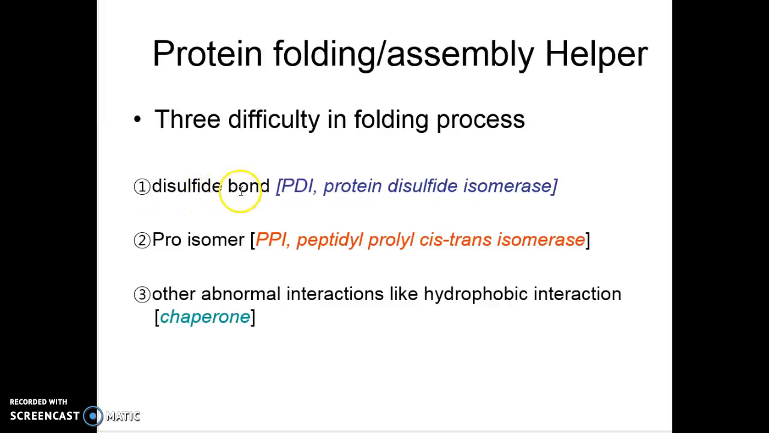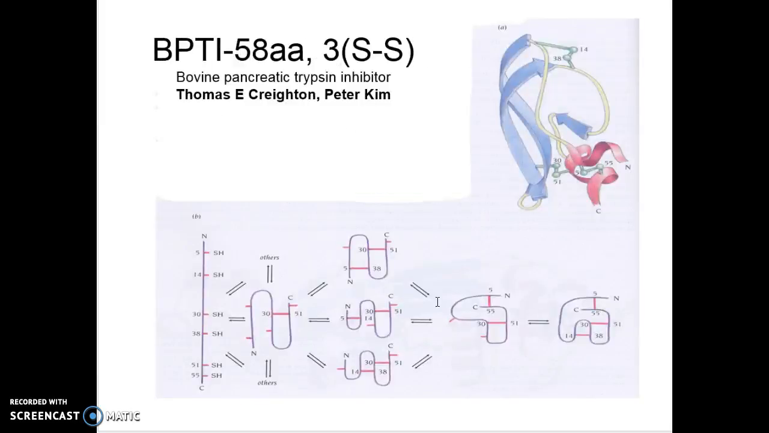First one will convert disulfide bond into just a sulfide bond or reverse reaction. Second type will convert cis trans isomerization of proline. Third will just make abnormally folded proteins into unfolded state. I'm going to explain the first one